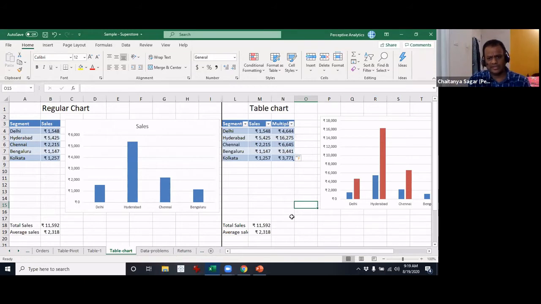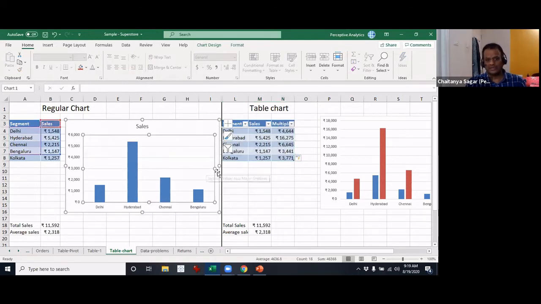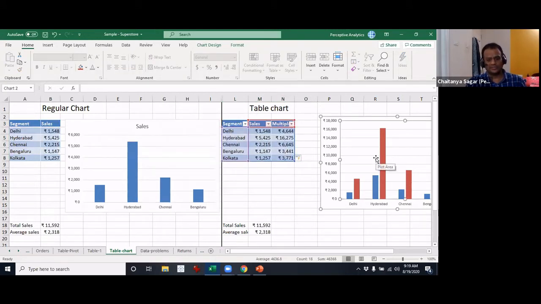So this is one part. Let's look at some of the other aspects. I think the chart updating, you guys automatically got it. Let me tell you a little bit about another chart updating aspect, which is also relevant from the point of view of pivot tables. Typically, though you have a table right here, say I'm directly making this into a chart. So here and here, I'm making this into a chart.